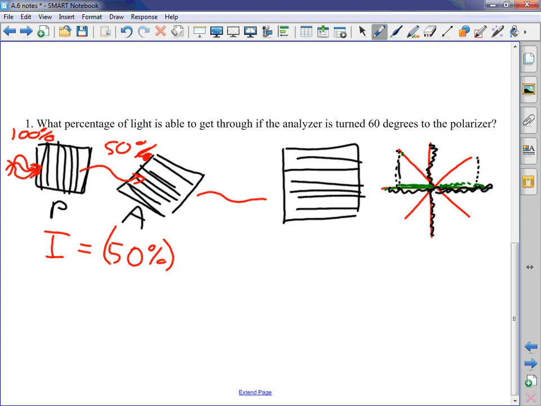So what goes into I naught here is almost always 50%. Okay, almost always, in fact, it is always 50% of what went through the polarizer. Okay, cut it in half. That's one of those things that you should never take out. Nothing's perfect, but our polarizers, depending on what you're doing, can be so good that with the number of sig figs you're going to be able to record in experiments, cutting it in half is beyond figuring out that it's actually going to take out